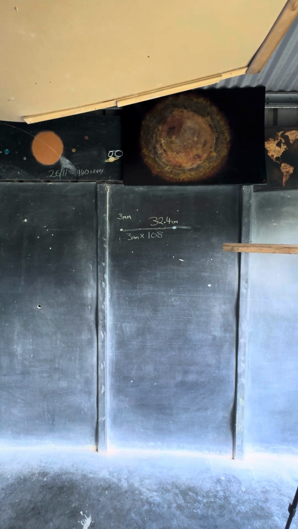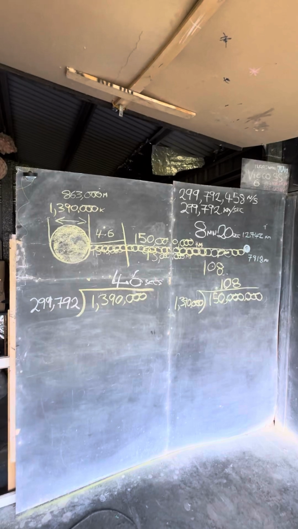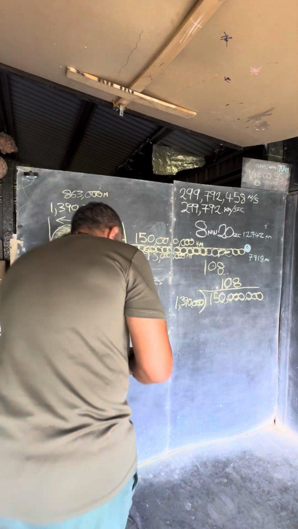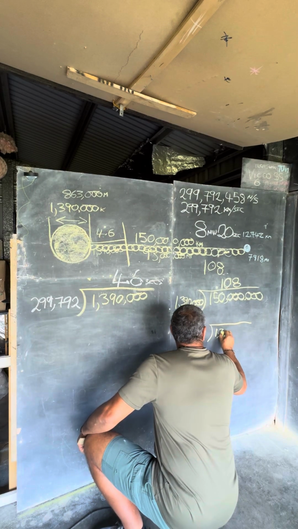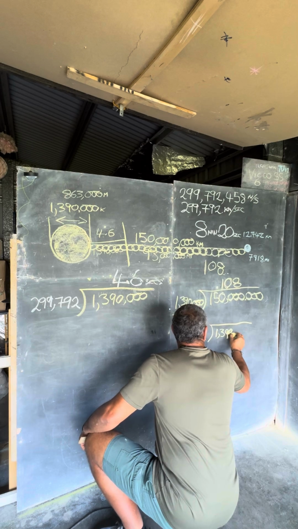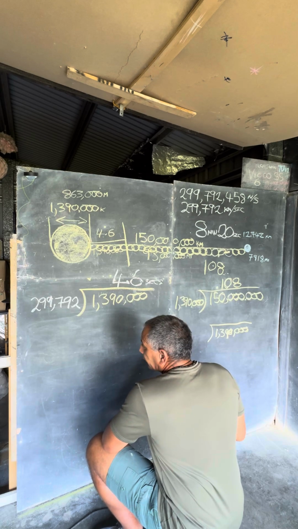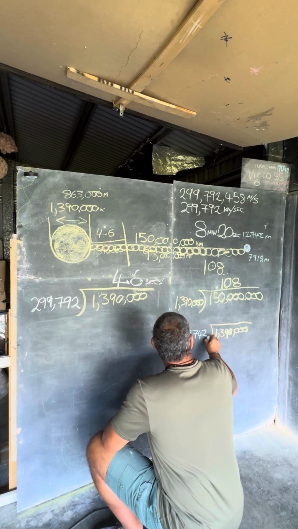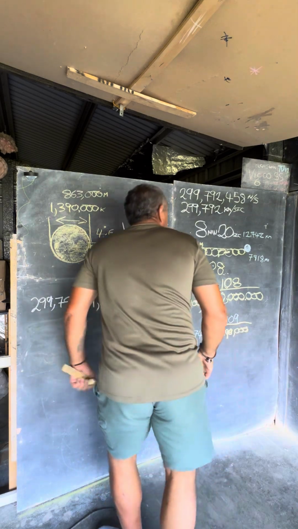Now, we know Earth's diameter and we know the sun's diameter. So what we're going to do is divide the sun's diameter by Earth's diameter, right? Alexa, what's 1,390,000 divided by 12,742? 1,390,000 divided by 12,742 is approximately